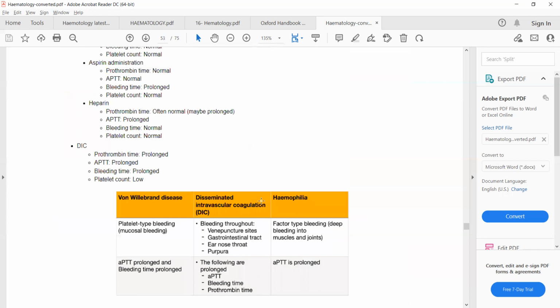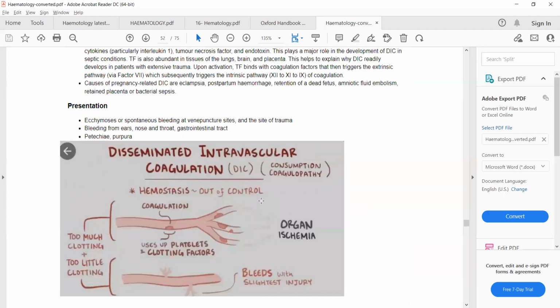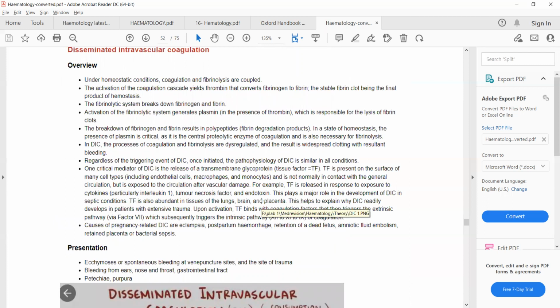Now let's discuss in detail what the causes of disseminated intravascular coagulation are. Regardless of the triggering event of DIC, once initiated, the pathophysiology of DIC is similar in all conditions. We have discussed that the main culprit in DIC is tissue factor. It is present on the surface of many cell types such as endothelial cells, macrophages, monocytes, and is not normally in contact with the general circulation. So whenever the tissue factor comes in contact with the general circulation, what things can cause this exposure of tissue factor to the general circulation? They include